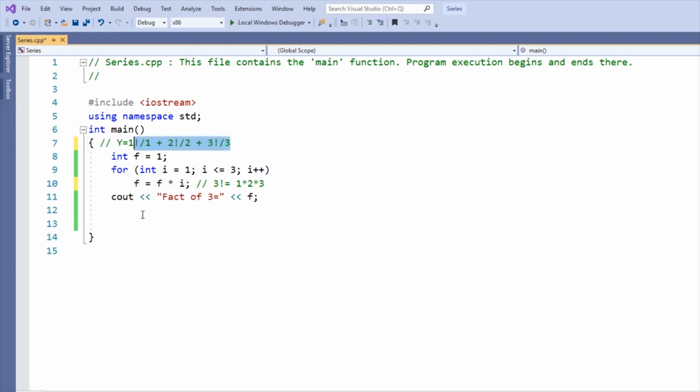So we want to do this equation, this series, and we'll take advantage of the factorial that we just finished, and then we'll divide the factorial by the number here. So 1 factorial divided by 1, 2 factorial by 2, and so on. So we'll take advantage of the counters, the for counters, and what we achieved, and here we will improve this